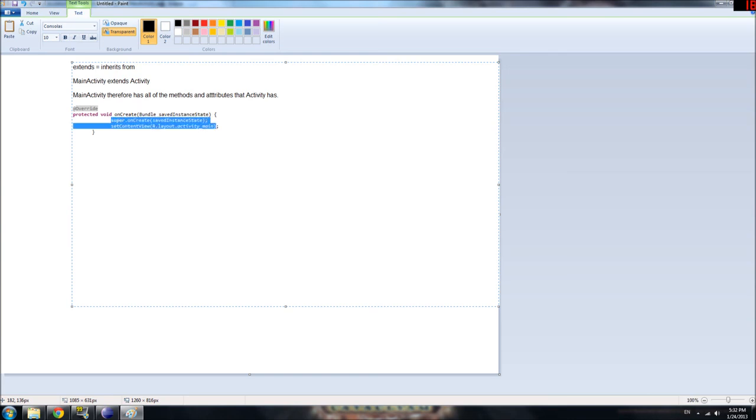Okay, so the next line is, and again, what's in this code block here refers to what the replacement for the default onCreate that we inherited from activity is going to do. First line is super.onCreate, and then an argument that you don't have to worry about. Super.onCreate. The keyword super means